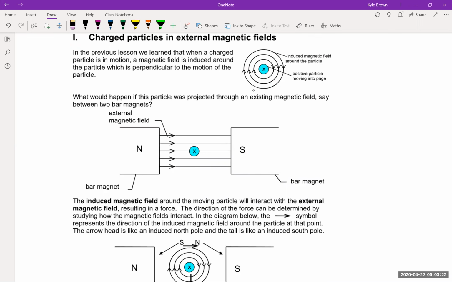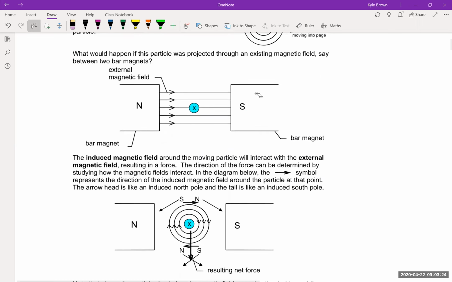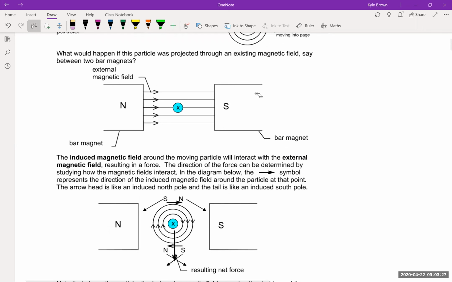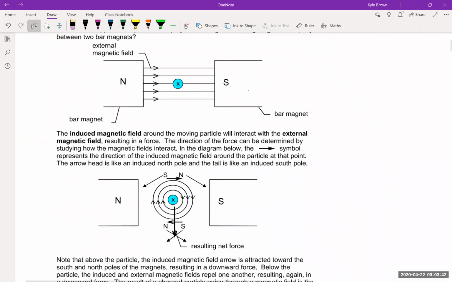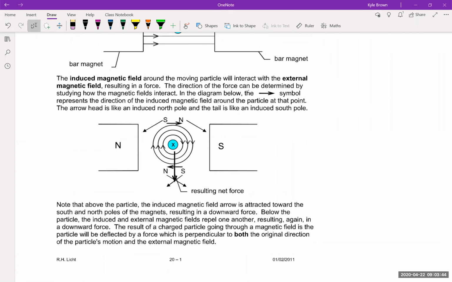And something interesting happens here. Actually, really interesting. This is a big part of how motors and everything else are going to work, and lots of our technology is based on some of these ideas between the next few lessons we're going to do. But what happens is that if we've got this charged particle going into the page,